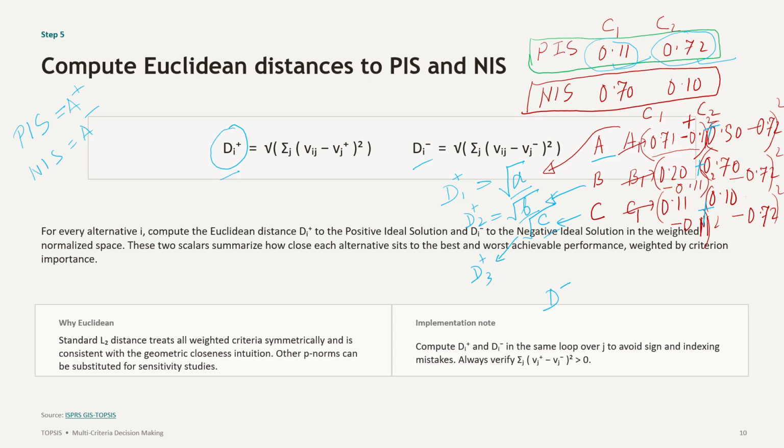Are you getting my point? Say for example, when you deduct the NIS from each of the values of A, B, C, NIS for C1 and NIS for C2, then square, then add with each other, the square for C1 and the square for C2, add between them. So for NIS, we will have